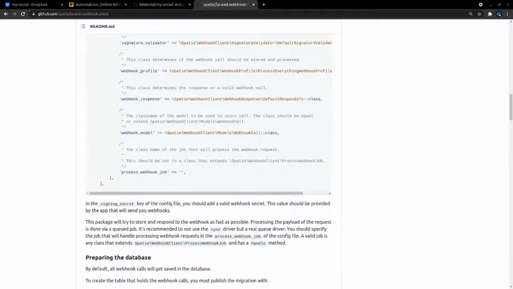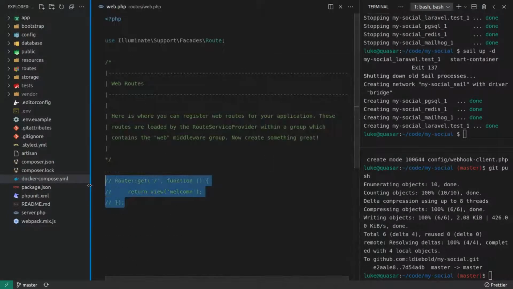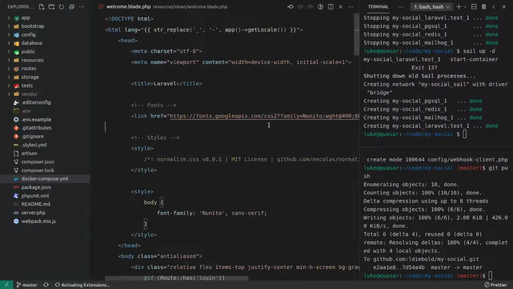Actually, it is good I set a domain because now I can basically give Dropbox a place to send it. Go to web.php here. Let's re-enable that welcome page, welcome.blade.php.